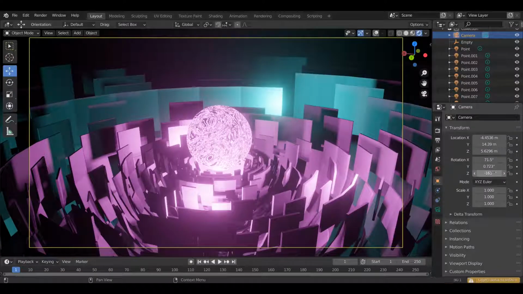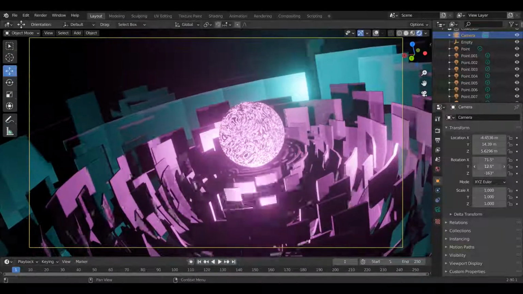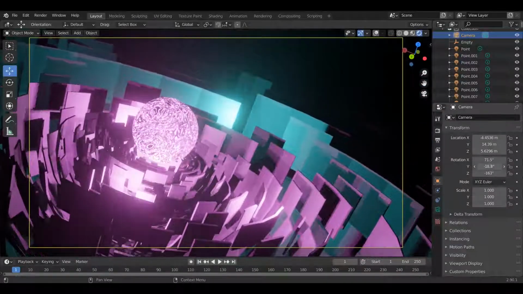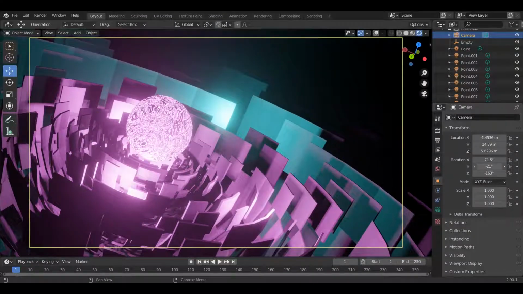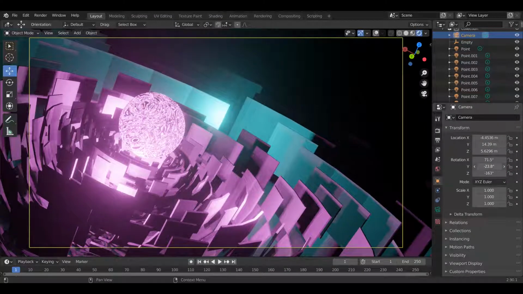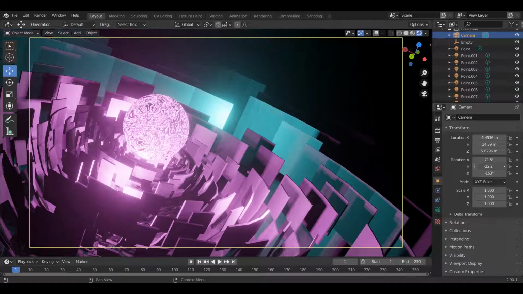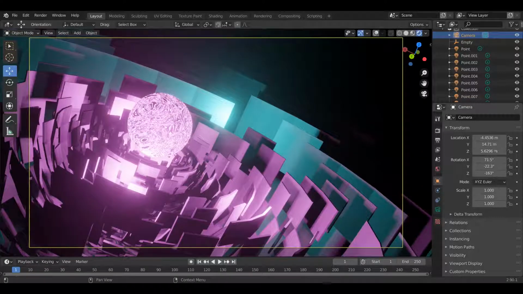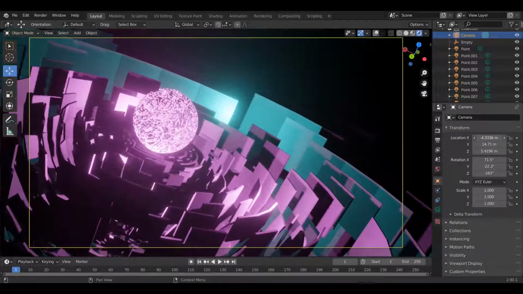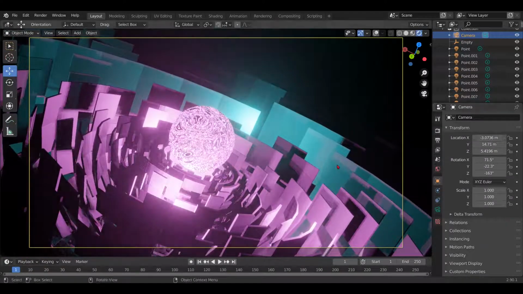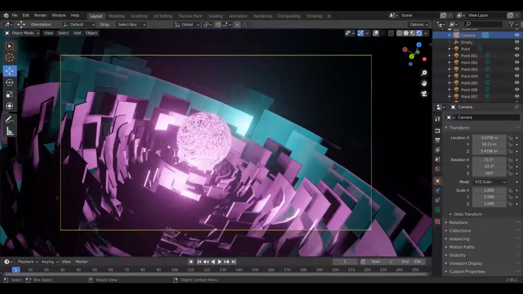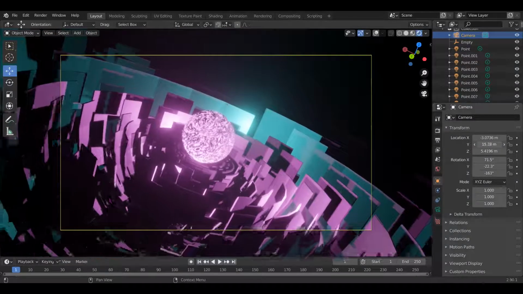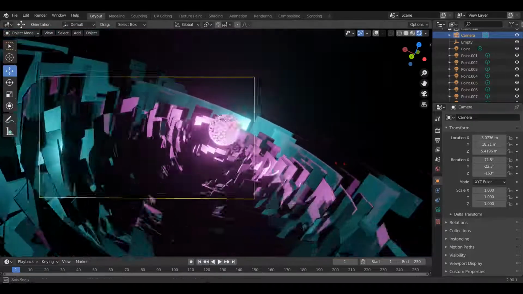I am rotating the camera on the Y axis so that the animation looks interesting. By pressing 0, you can go to the camera view and come out from the camera view.